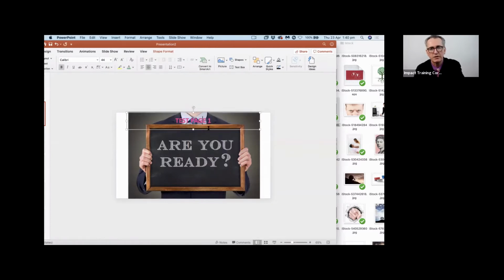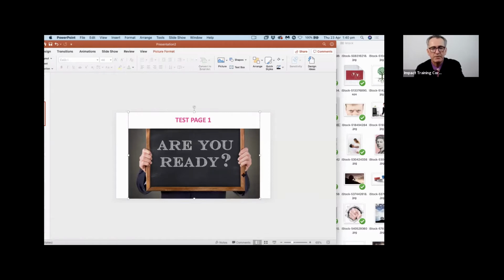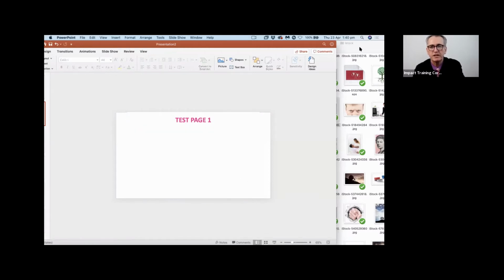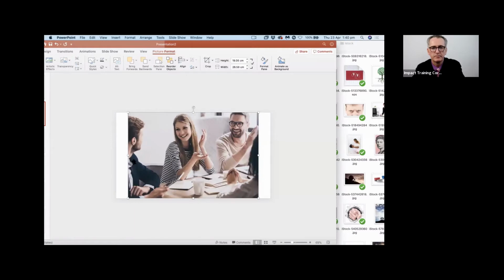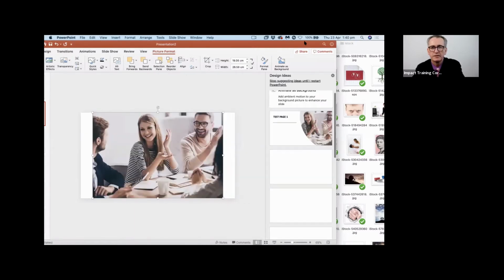Or you could go a little more left field and put a fill there. So now we don't need to have the guy's head. We'll just move that up a little bit, and then we're good to go. That's how you get a picture in there. Now you can always get rid of that picture and say that looked dodgy, I'd much prefer this picture. Drag that one over. Boom. See, it's not that difficult, is it?